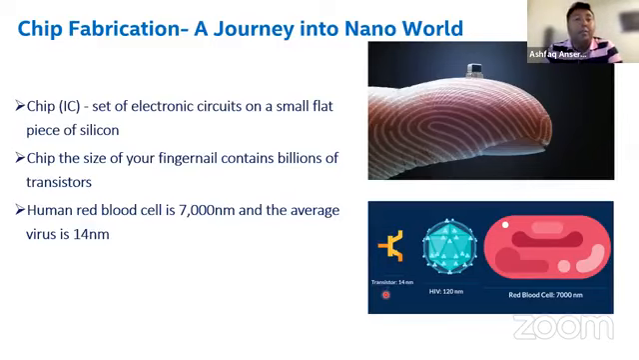Because it's so tiny, it has to be fabricated in a clean room. When we think about a clean space, probably the cleanest space we can think of is a hospital, and the cleanest space of the hospital is the operation theater. But a clean room is 1,000 times cleaner than a high-end operation theater. A tiny dust particle will deposit on a transistor on the chip and